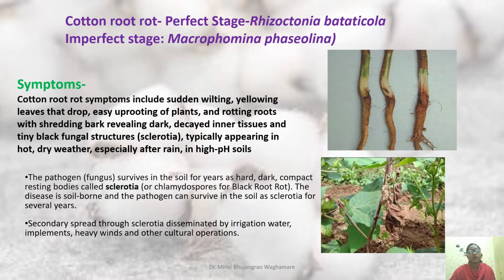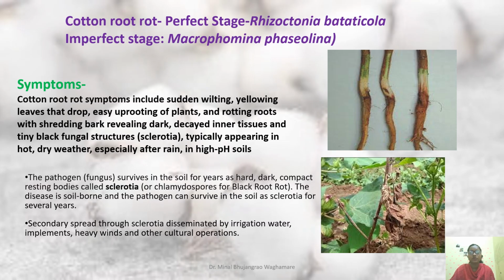Coming to the first disease of cotton, that is cotton root rot. The sexual stage causal organism is Rhizoctonia bataticola, and the asexual stage causal organism is Macrophomina phaseolina. In this, we can find sudden wilting of the plant, and due to this, proper supply of nutrients and water is not available to the plant, and due to this yellowing of the leaves takes place. Ultimately it leads to defoliation of the plant and easy uprooting of the plant due to